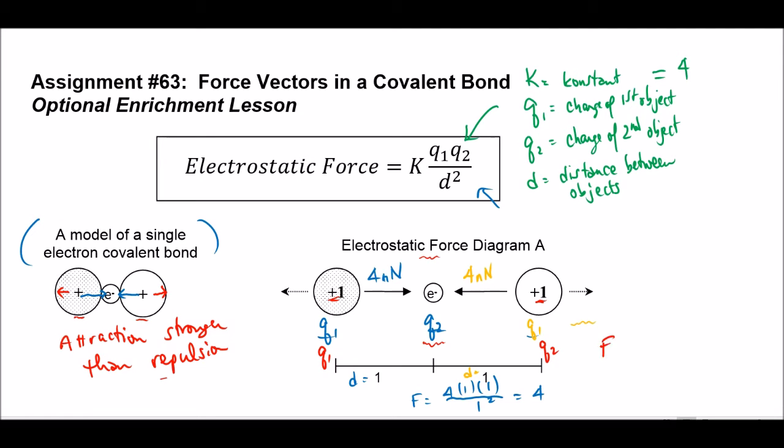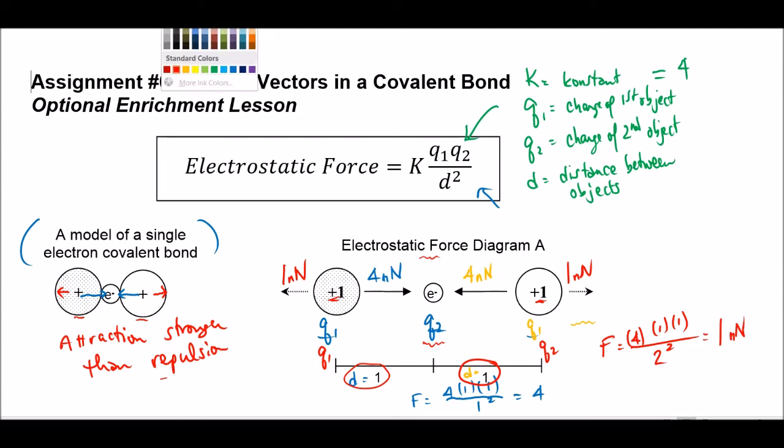All right, so here we go. F equals K, which is 4, times Q1, which is 1, times Q2, which is 1. D is now 2 units, right? It's 1 plus 1 equals 2, squared. You should see this gives you a numerical answer of 1 nanonewton. So it's symmetric, it acts on both particles. You should see that the net force